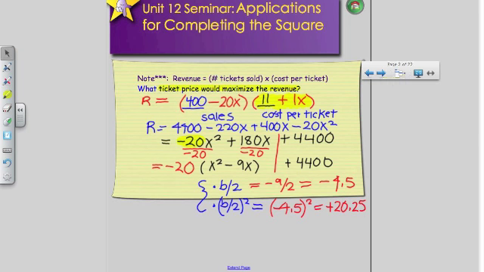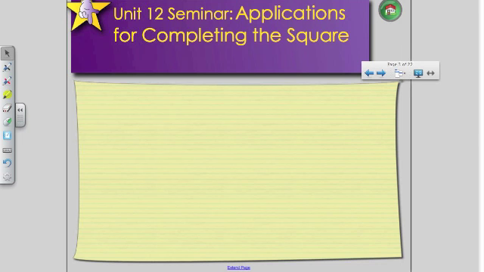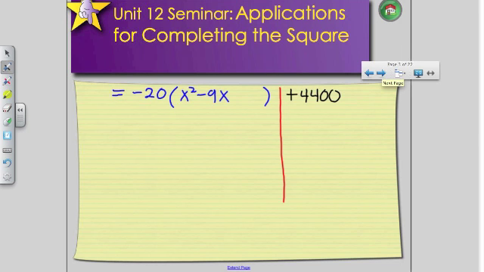I'm going to use this information in order to complete the completing the square process, in order to get my equation into standard form. So, let's continue up here. I have negative 20 x squared minus 9x. That's my Team A. And I have a positive 4,400 in my Team B. Because my B over 2 squared value was 20.25, I'm going to take that 20.25